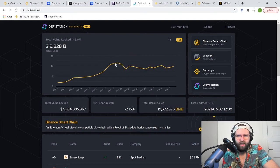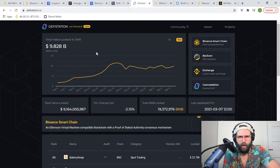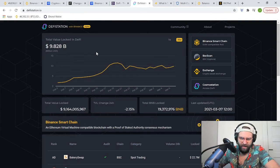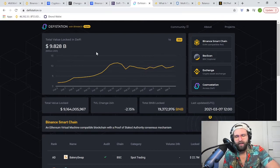And I think one of the only reasons why this dipped here and didn't continue upward is Bitcoin had that flash crash, pulled the entire network down, and really shook out a lot of people that not only were buying into something that was shooting through the roof, which was due for a correction, but then it got essentially a super correction due to the flash crash. So I have a ton of stuff locked up in the Binance Smart Chain. I'm okay with taking 50% hits on that because I'm just holding on to it over the course of March